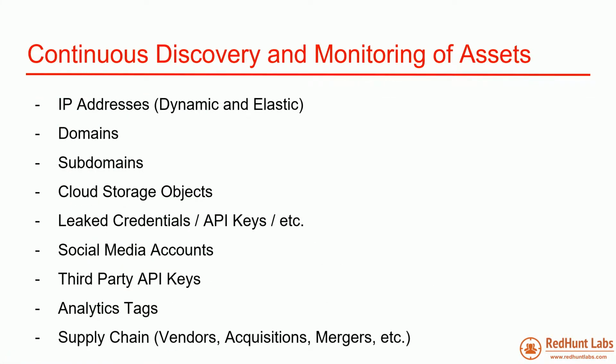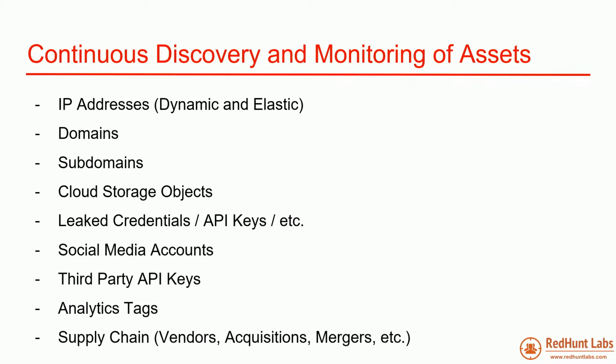So, picking up the first item from the things which we should do, continuous discovery and monitoring of assets. These are a few of the assets, and of course not limited to these, but these are the kinds of things people should be looking at. IP addresses, which could be dynamic IP addresses in your data centers, and elastic IP addresses if you are using any cloud infrastructure. You should monitor your domains, subdomains, cloud storage objects, which include your buckets, blobs, spaces, where you actually store your information. Leaked credentials, API keys, social media accounts, third-party API keys, analytics tags, which we'll come to later, and